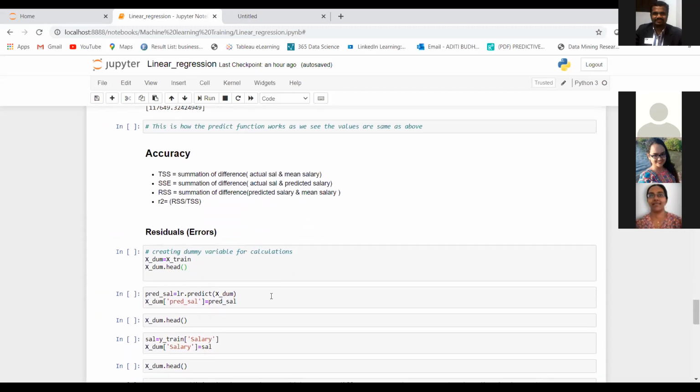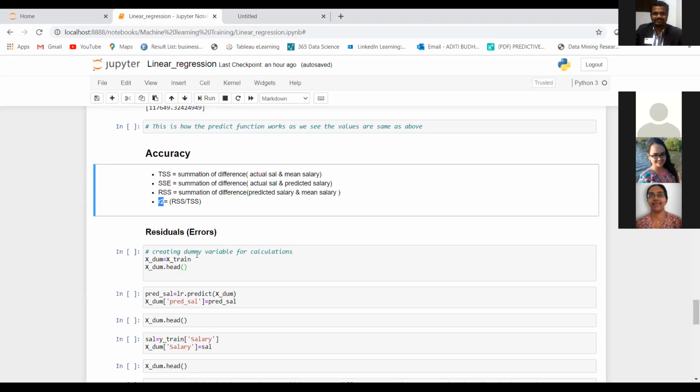Right. So we were over here checking the accuracy of our model. There are some metrics that we use in order to check whether our model is performing well or not. You will want to have some metric in order to measure the accuracy. One such measure is the R square, also known as the coefficient of determination.